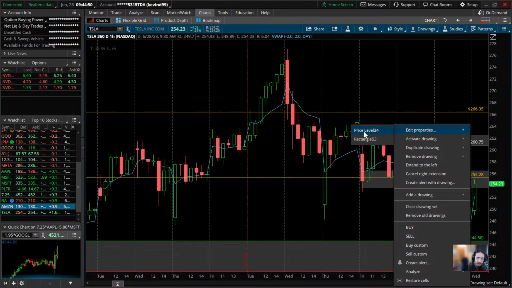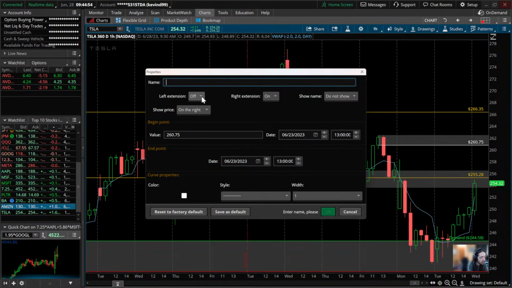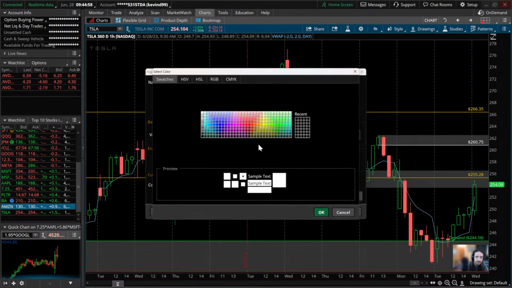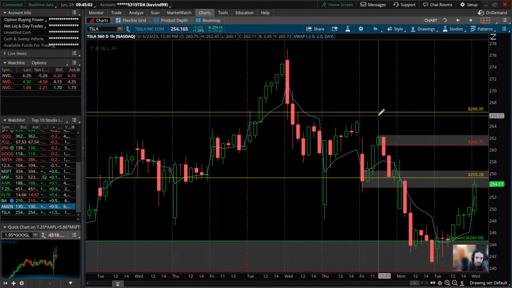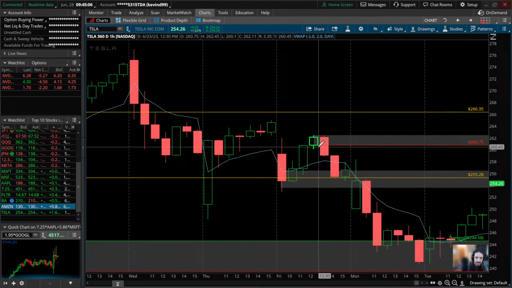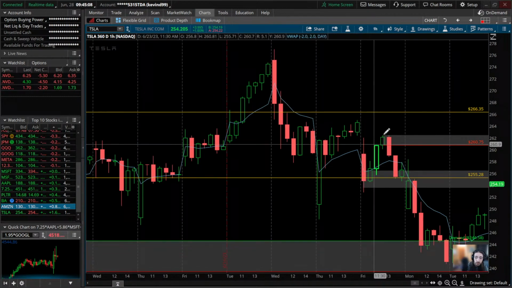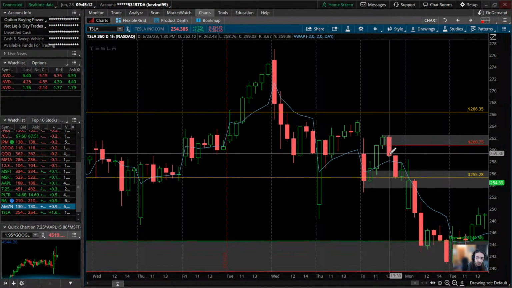Alright, so edit price level. This is going to be a 1 hour. And the reason this is a 1 hour is because we had a basing. And the basing wasn't as clean of a basing that I would like, right? Usually I want a wick on top, I want a small body, and then a drop. But what we have is a remotely small body, not the smallest, but we have an engulfing candle,